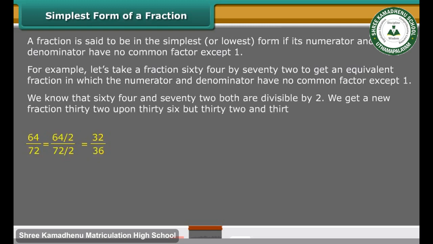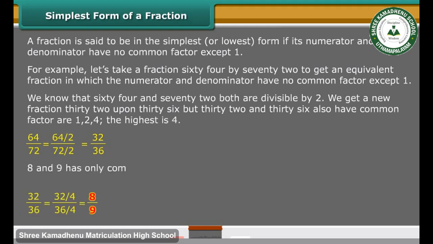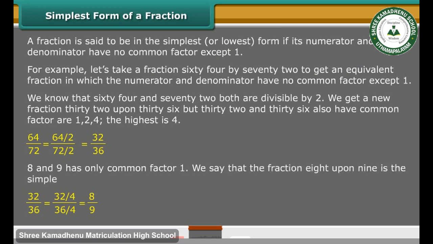32/36, but 32 and 36 also have common factors 1, 2, and 4. The highest is 4. 8 and 9 have only common factor 1. We say that the fraction 8/9 is the simplest form of